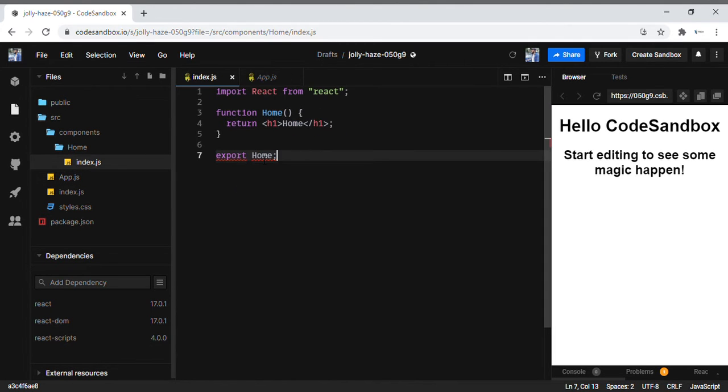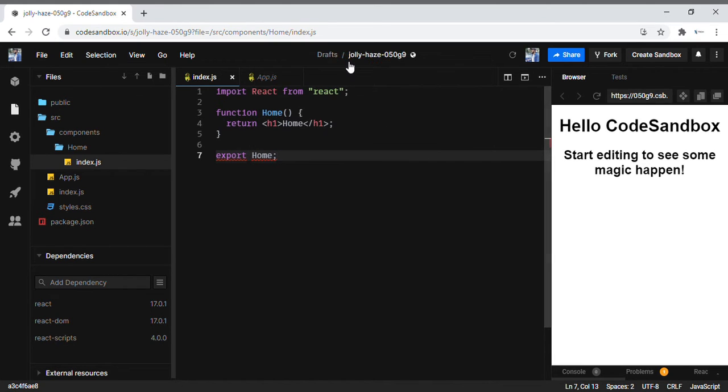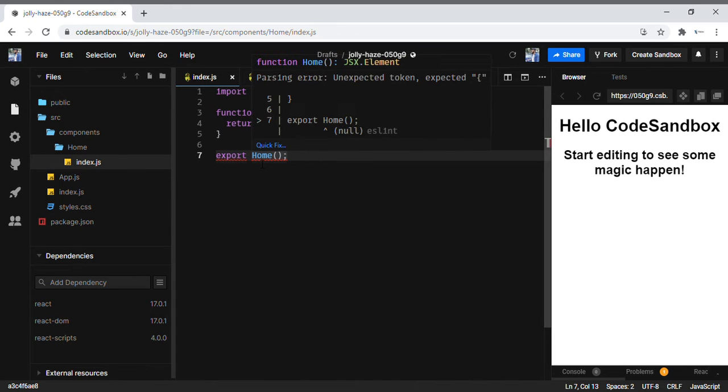Okay, let us see why this error came. Unexpected token export Home. Here you can see that function Home is a JSX element. As I told, this is JavaScript, which is a JSX element. Since this is a function, we got that error.